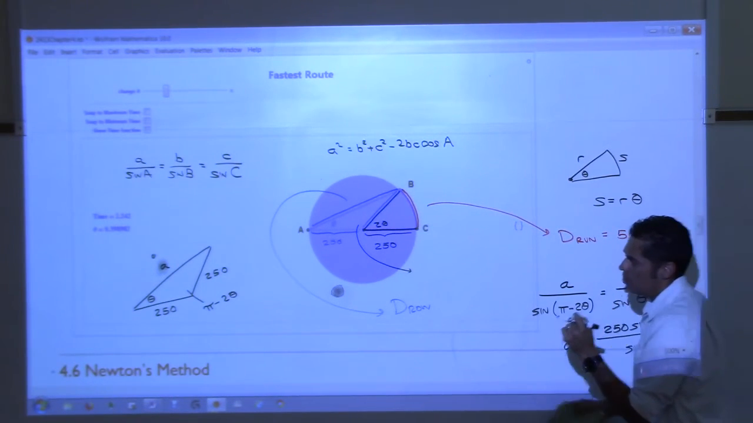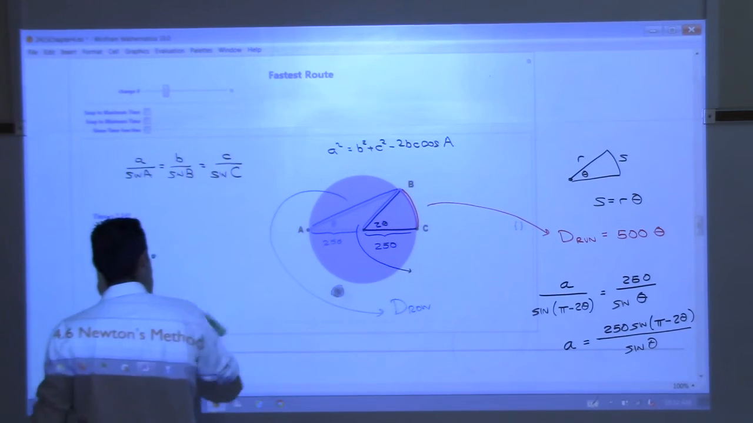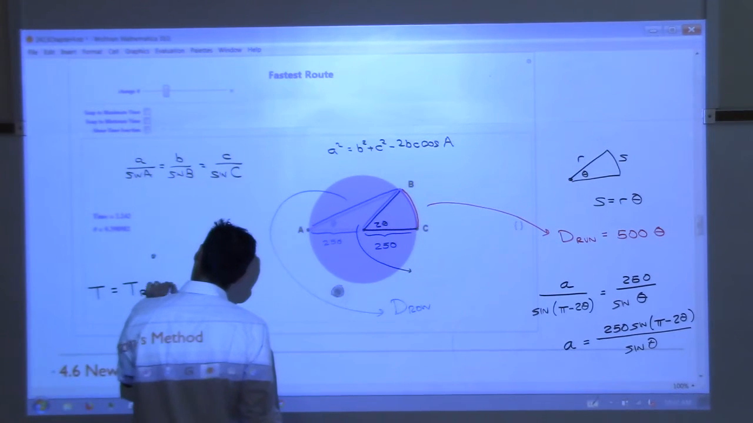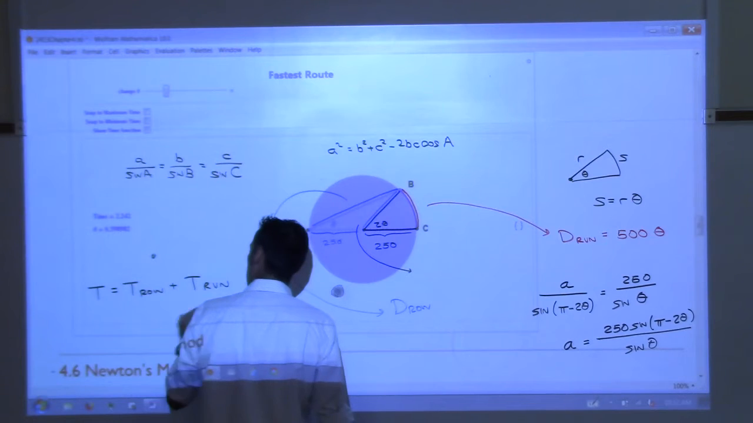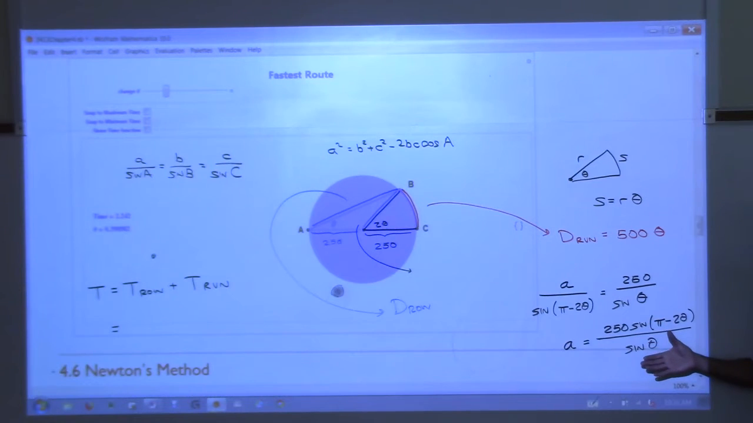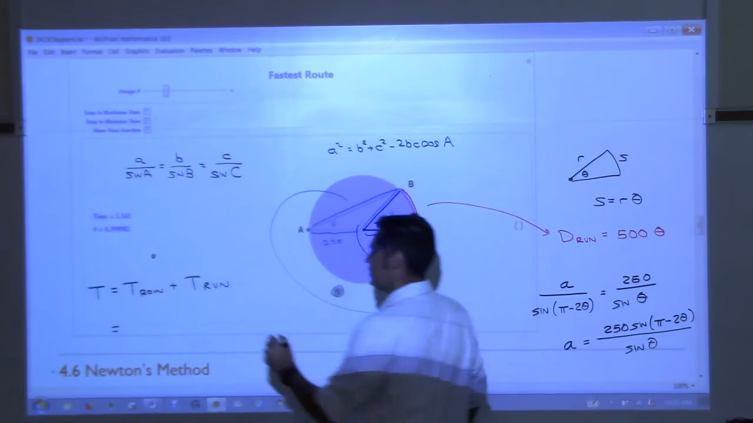Okay? We would have our time function, right? Our time function would be the time it takes to row plus the time it takes to run. The time it takes to row would be this right here, the distance that we row over the rate. How fast do we row? I erased it a long time ago. It was 10 feet per second. So if I take this and divide it by 10, that's my time to row. If we divide that by 10, that just becomes 25, right? So I would have 25